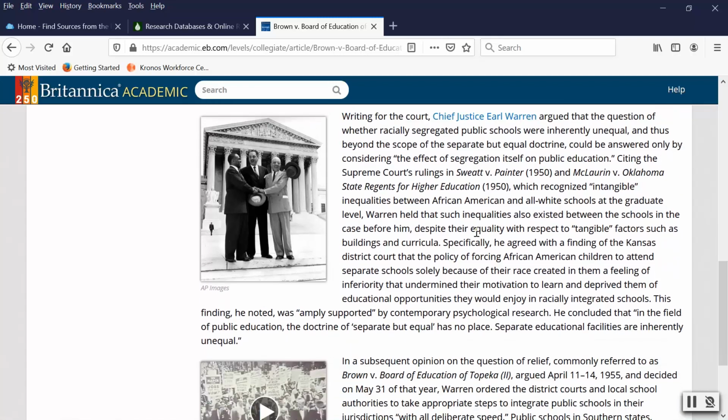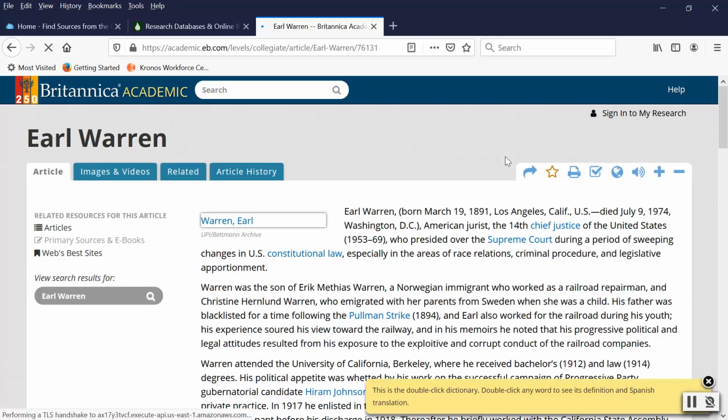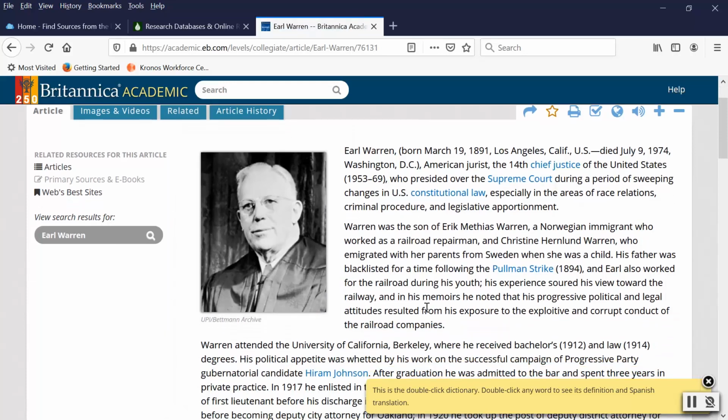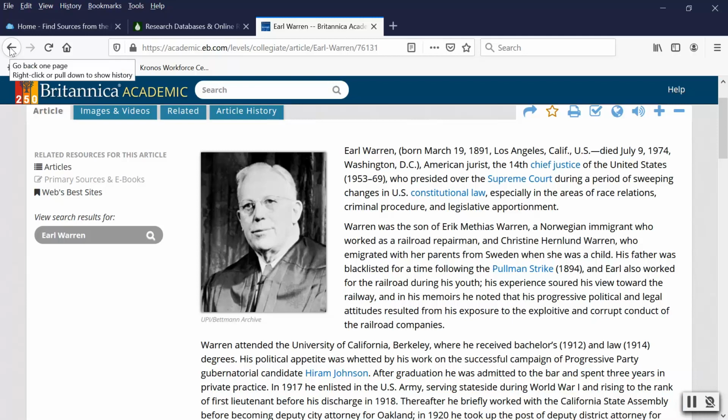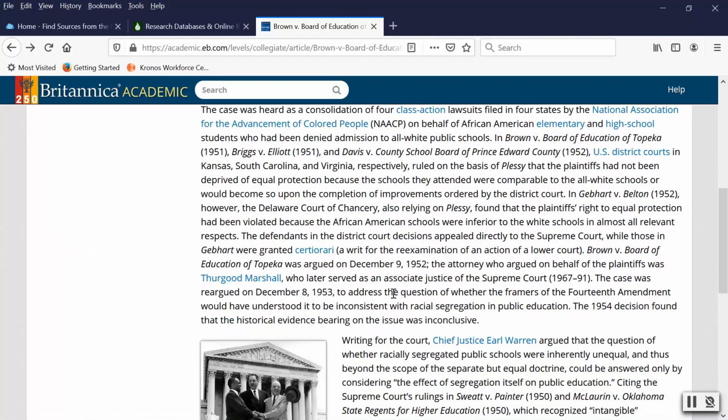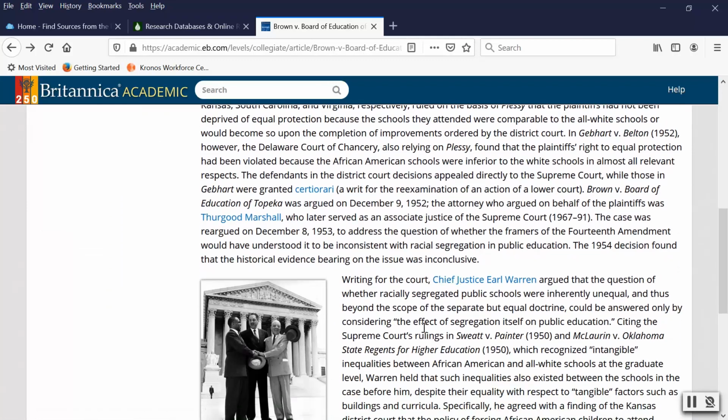Those might be things you want to click on to learn more about the people who were involved. You can read the biography of Chief Justice Earl Warren, who was involved in that case. And we're going to go back. So another thing you'll notice, aside from the text of the article and how you can click through to get